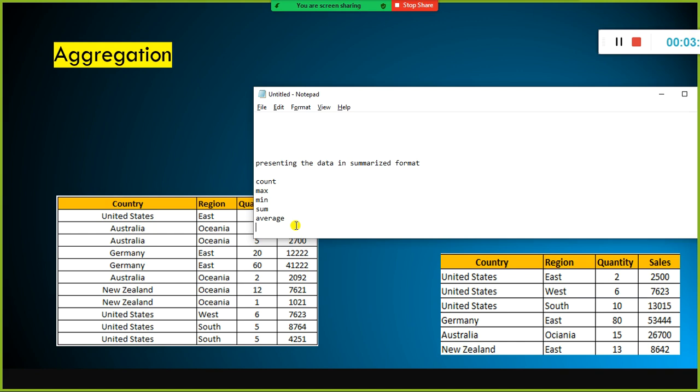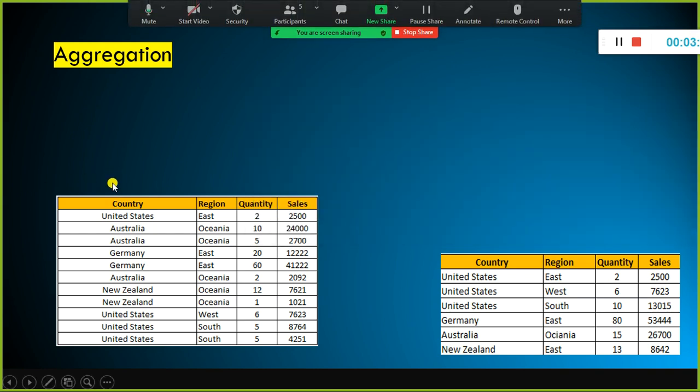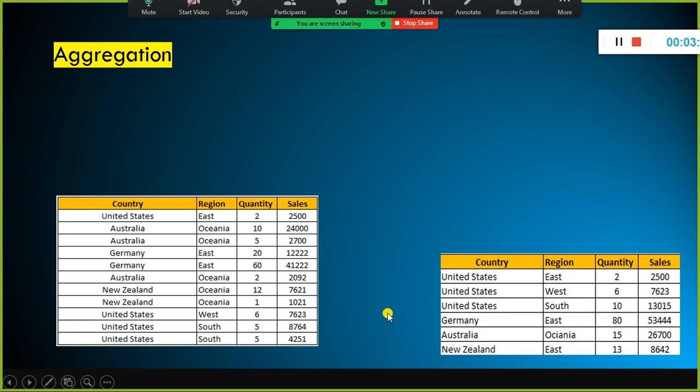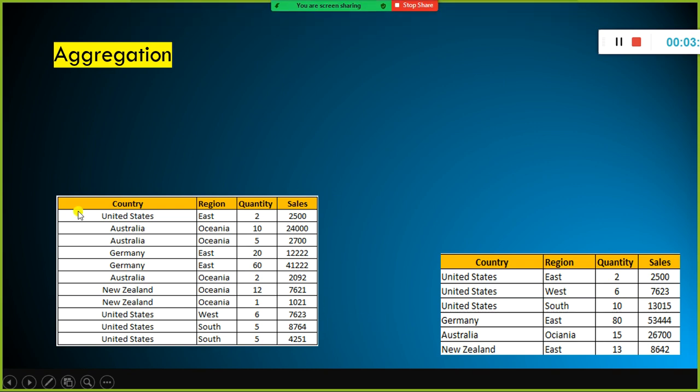Fine. So using group by, we can do the aggregation. So what exactly do we do with group by? For example, you are given a data set like this. In your data set, you have country, region, quantity and sales. One of your business users wants to know the total sales we made by country.